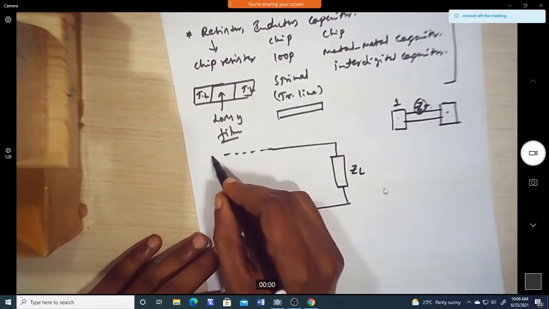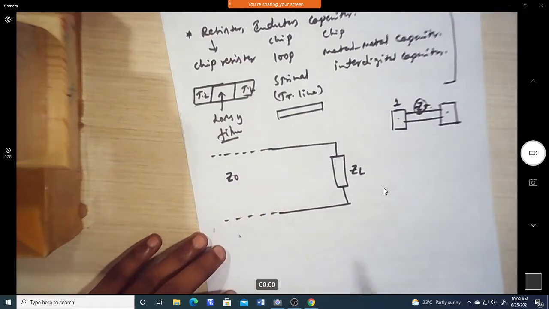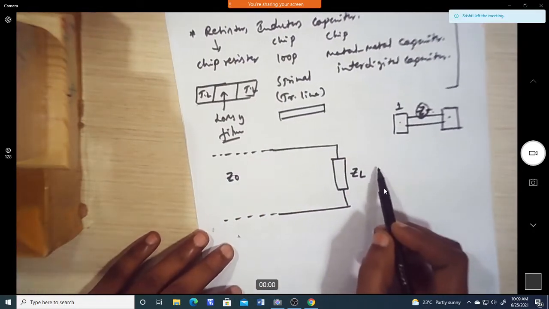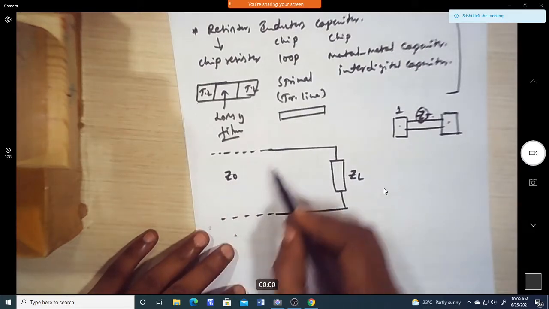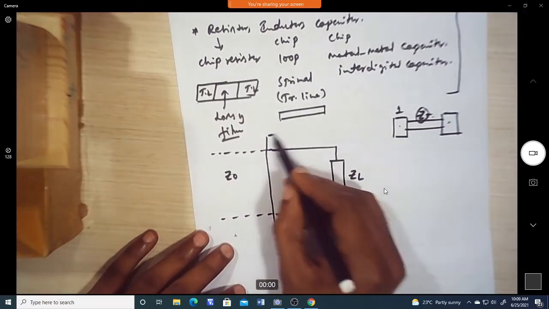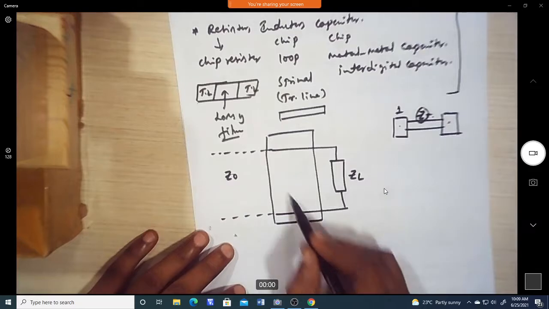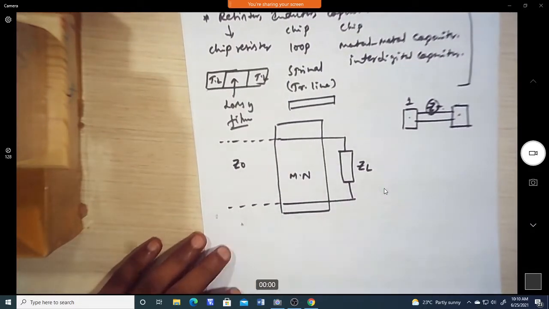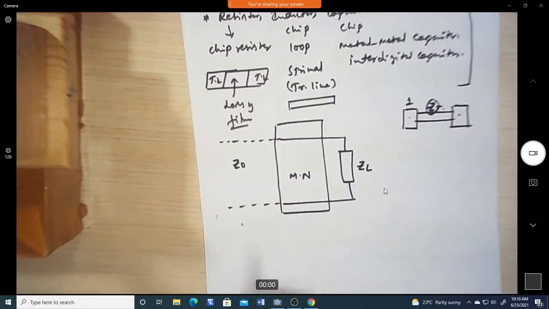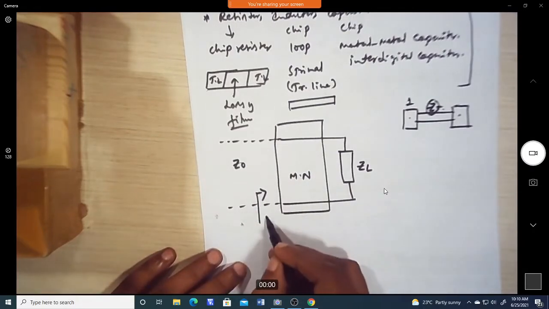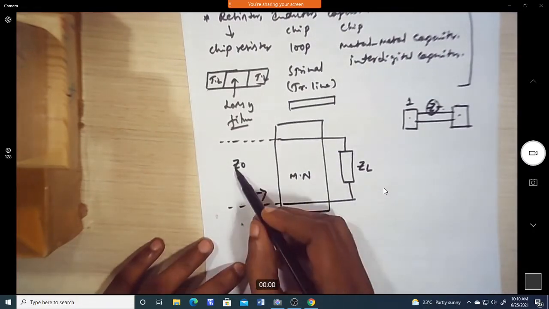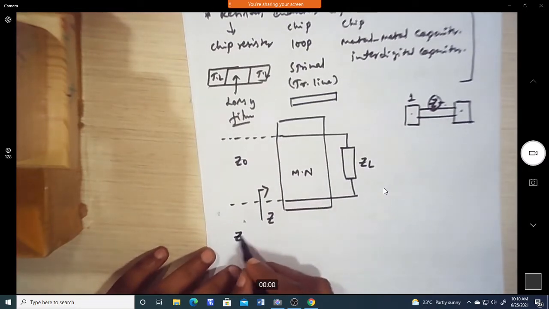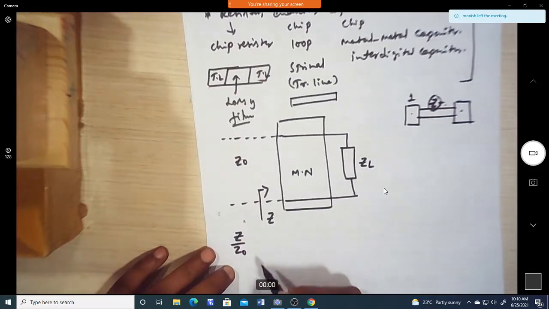This dotted line is a transmission line which has Z0 characteristic impedance. Now we need to match this impedance to this one, so in between we have to design a matching network, where we need to match this ZL to this Z0. If I take the impedance here after the matching network, it should be the same as this one. Since that is the same, if I normalize the value, Z by Z0,